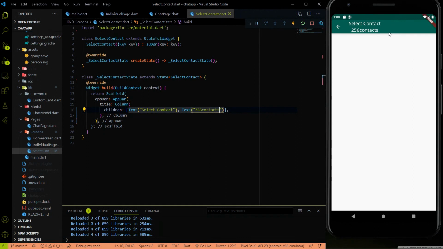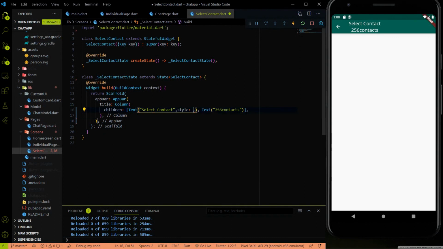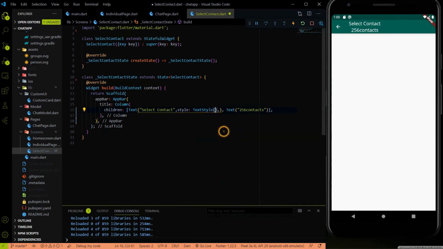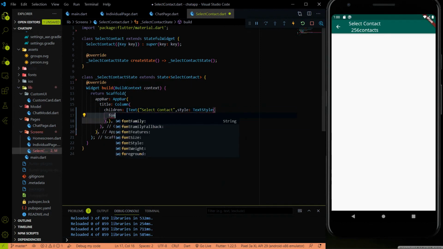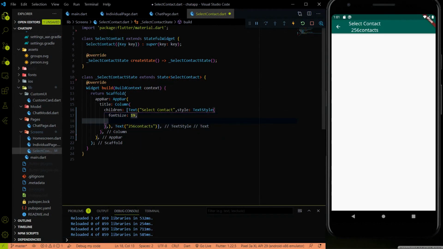This thing you can see over here. Now we have to do the styling. So inside the text, I'm going to add the style, TextStyle. What will be the font size? We have to use 19 as the font size. What will be the font weight?